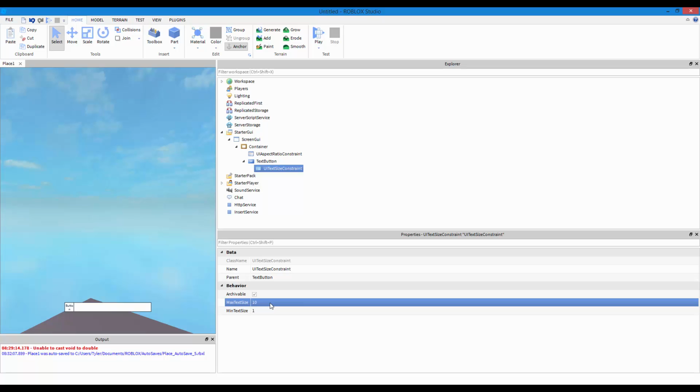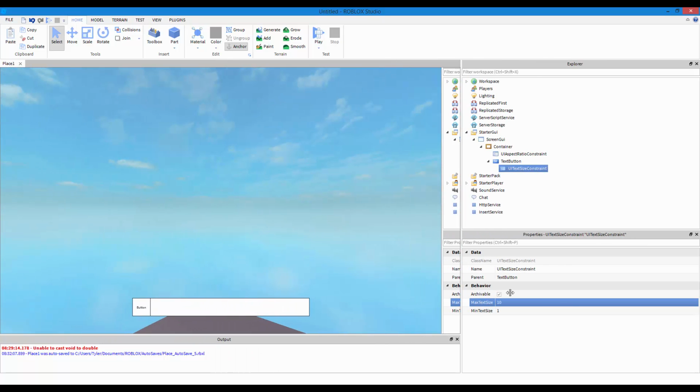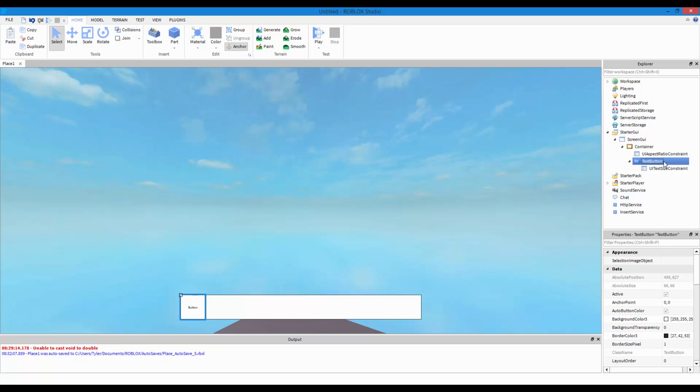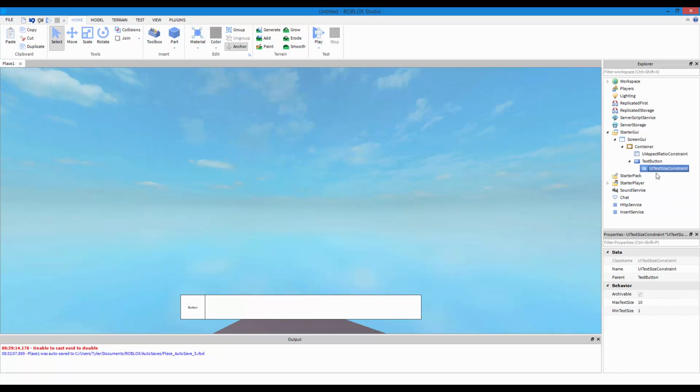As you can see, it became a little smaller, and whenever I resize, it's gonna stay that size. So if you understand English, you should be able to understand this max text size. So the max text size of this will be 10.